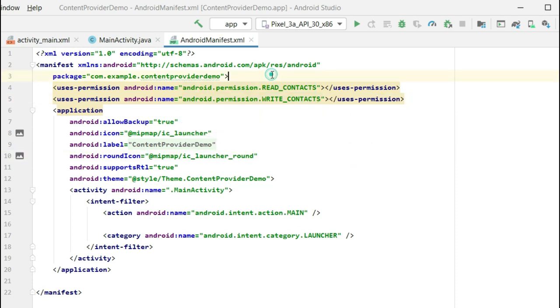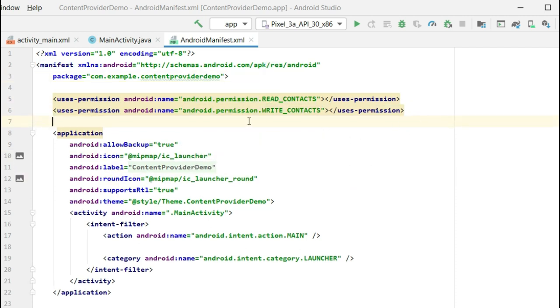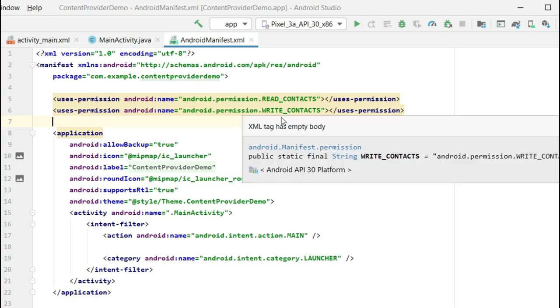So guys, we have provided two permissions for reading the contacts and writing the contacts.